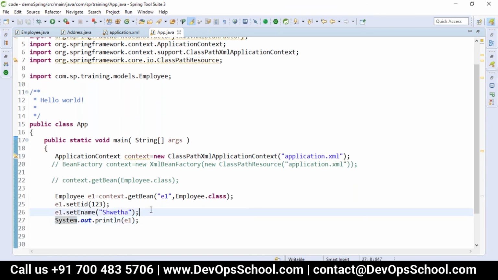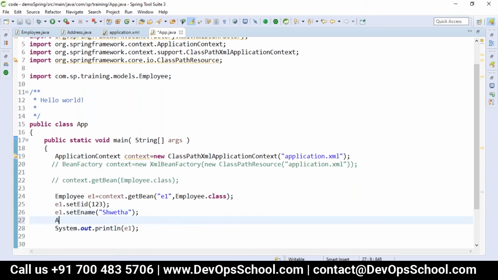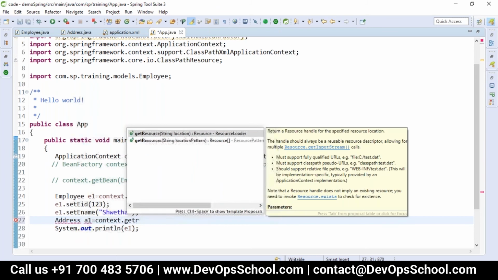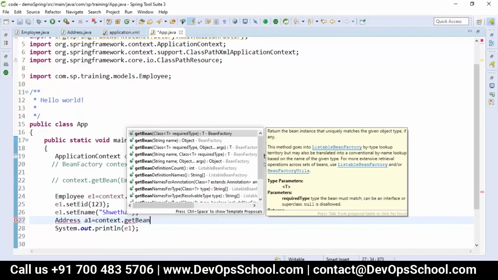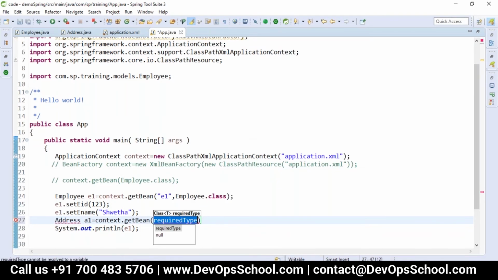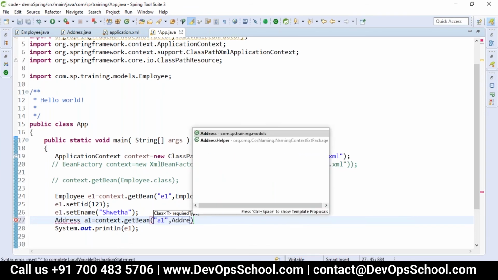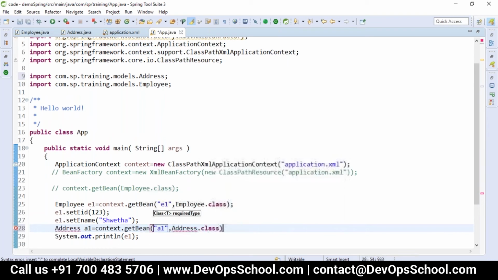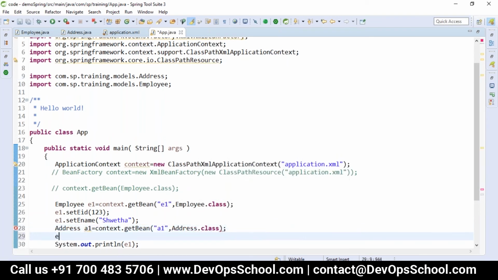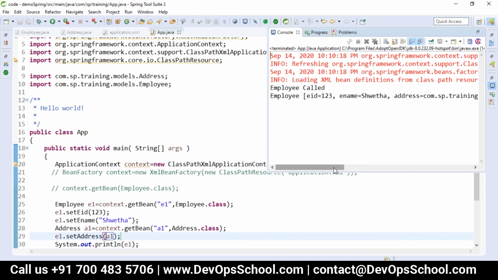What we can do here is get the Address object: Address a1 equals context.getBean a1. Then set Address a1. We are injecting the object of a1.